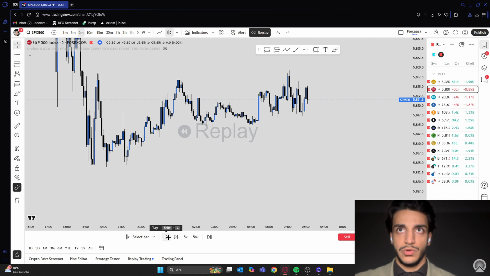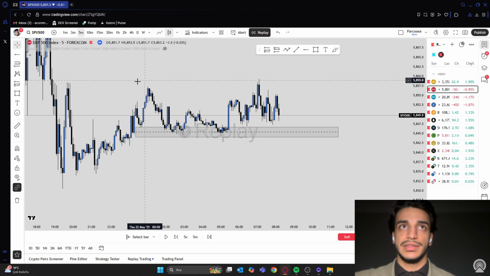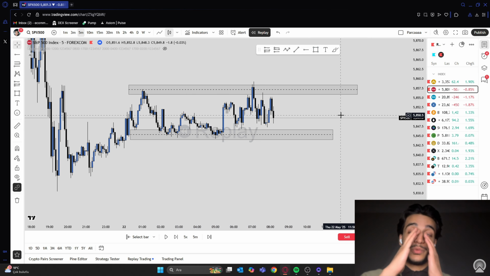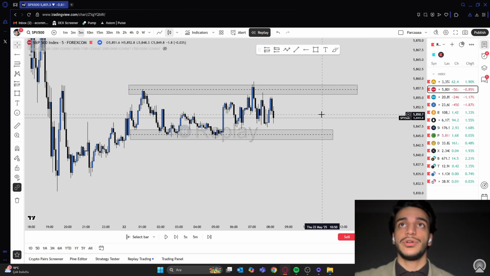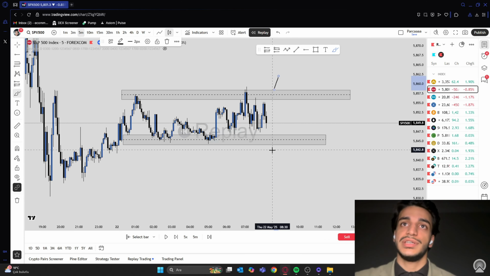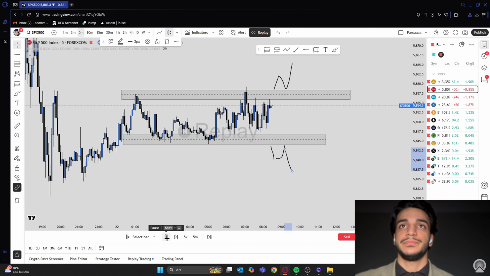So we are creating our zone. This is going to be our support, and this is going to be our resistance. So what are we going to be waiting for? We want to see a candlestick close here or here, and we are going to be waiting for a retest like this. Okay, so let's skip,